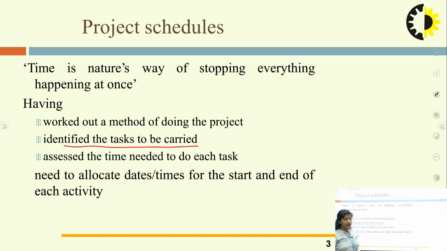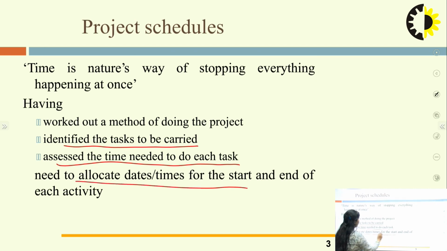Then assess the time needed to do each task. I know all the tasks that need to be done to complete the project. After that, I need to analyze the time required to complete each activity. And finally, we need to allocate the date and time, that is the start and end of each of the